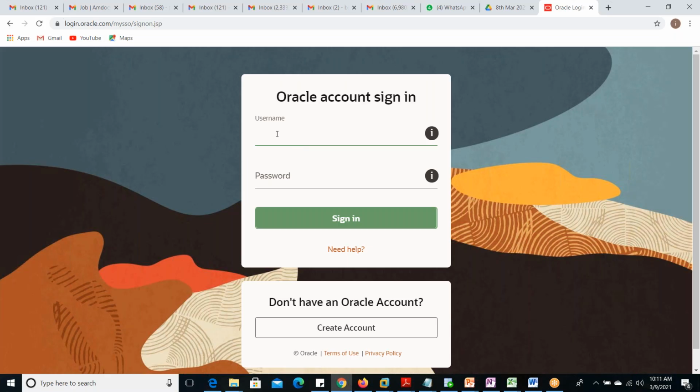It will display username, password. If it is the first time you are creating, then you need to create. So you can give create account. I have already created, so I can directly log in by giving the username and password here. For you, you can use this create account,